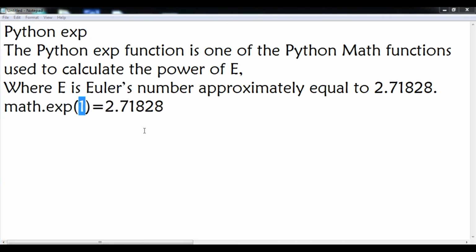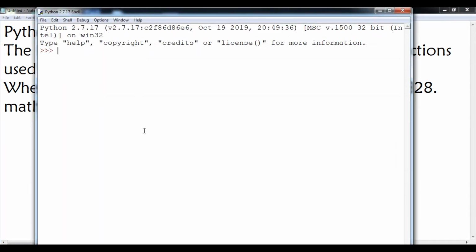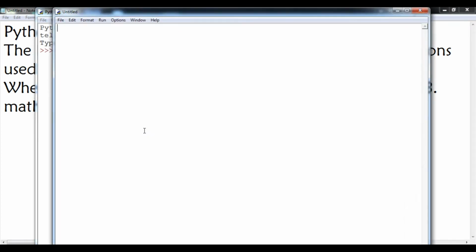So I'm going to open a Python IDE, and then open a new file. Suppose I'm using the math module, so I have to import the math module first, and then I will simply print using the exp function from the math module.